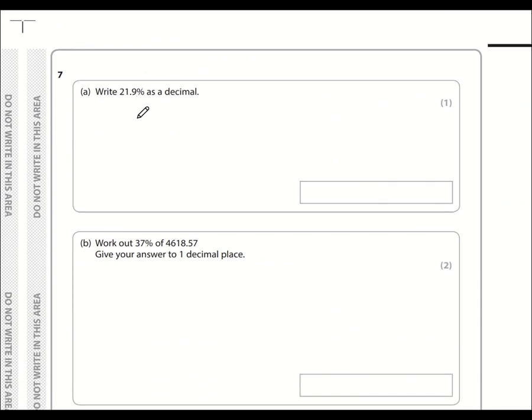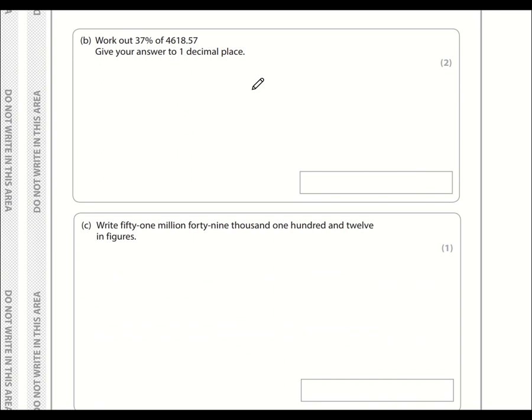Turning a percentage into a decimal is relatively straightforward. It's just a case of remembering that you divide by 100, and now this should be really easy since we can use a calculator. 21.9 divided by 100, which comes to 0.219. For part B, we're trying to work out 37% of this figure here. So the multiplier for 37% is 0.37. This number here divided by 100, that's how you get there. And we're multiplying that by the 4618.57, and we get an answer which is